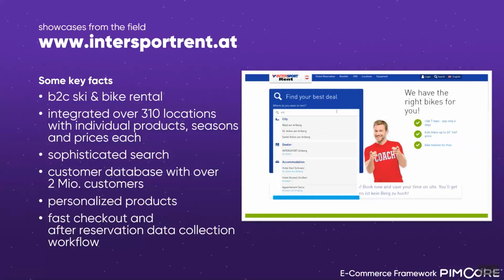A third use case is completely different in terms of the process itself. It's not a classic e-commerce in terms of buying stuff. It's a rental use case where B2B ski and bike rental is implemented for Intersport Rent. It has integrated over 310 different locations with individual products, individual seasons, and individual prices each. It has a quite sophisticated search integrated in terms of how to find the locations,